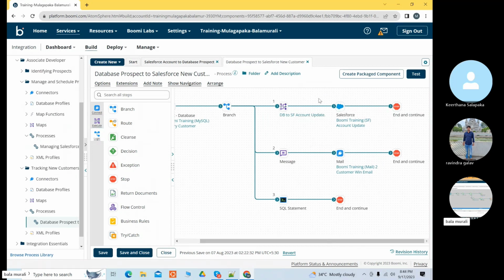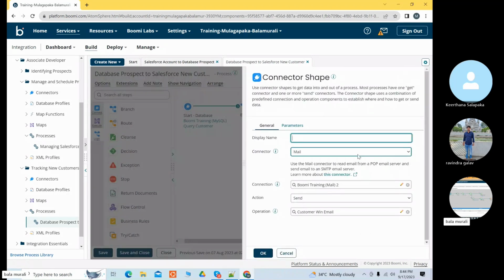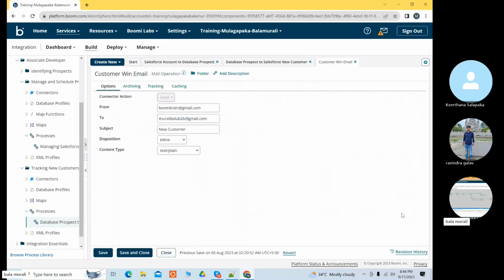What we do in the middle is transform data from this format to that format. There will be some other scenarios, like we can send it to our mail. Suppose I run this process, we can send it to our mail. You do not need to know everything now. Just give me your mail address.